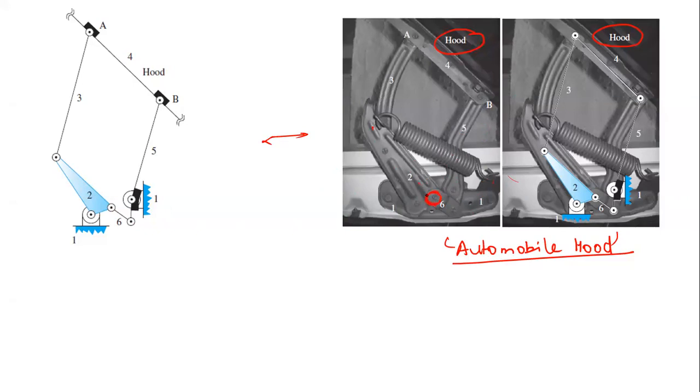So these pin joints are basically called as revolute pairs, because they are just allowing the relative rotation between these two links, right? Then similarly, you can model this link as 3. And finally, you can model the door itself, or the hood, as link 4, fine. And then you can model this as link 5. So I am trying to convey how you can convert an actual machine or an actual situation into a kinematic diagram before analyzing it, right?